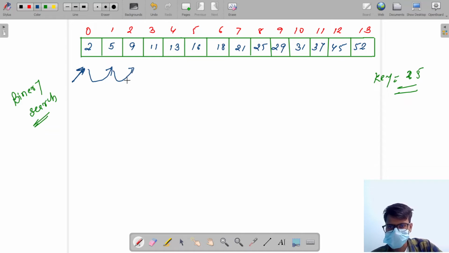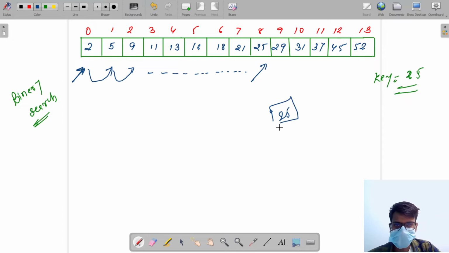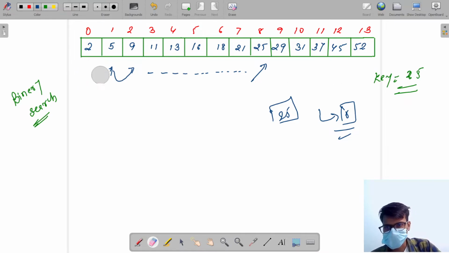Then the next cell says 9. We will iterate, and when we reach the 8th index, we will see there is 25 there. So we will return 8, the index of 25, and it will be done. But the thing is we have to iterate through the array, and that will take a lot of time.